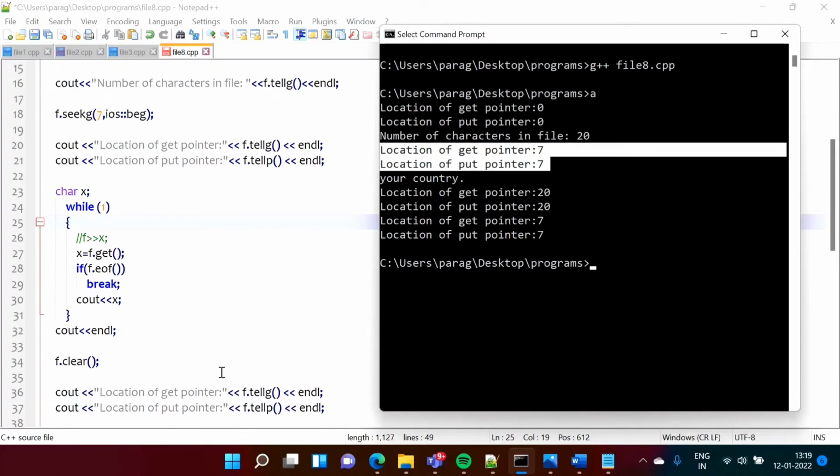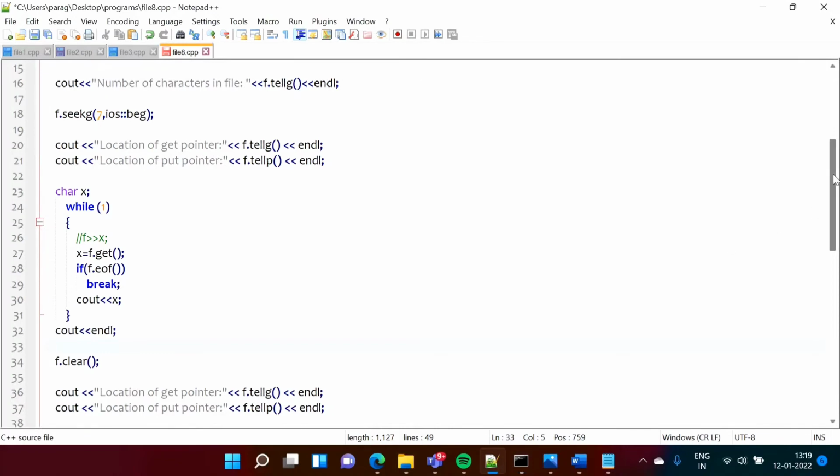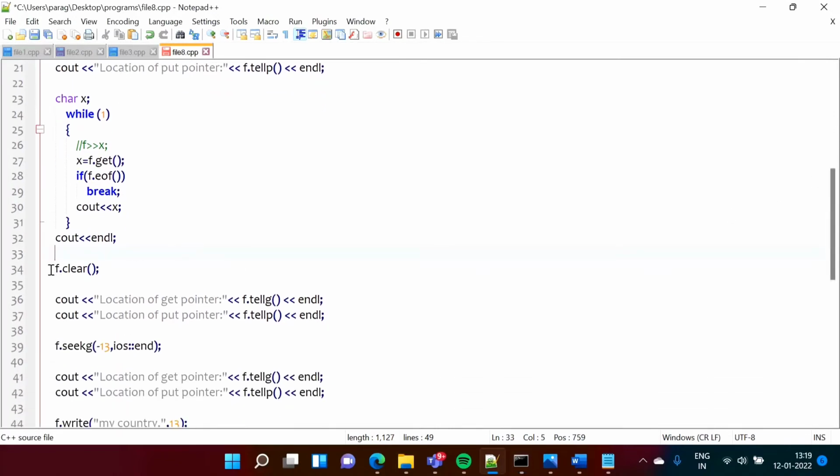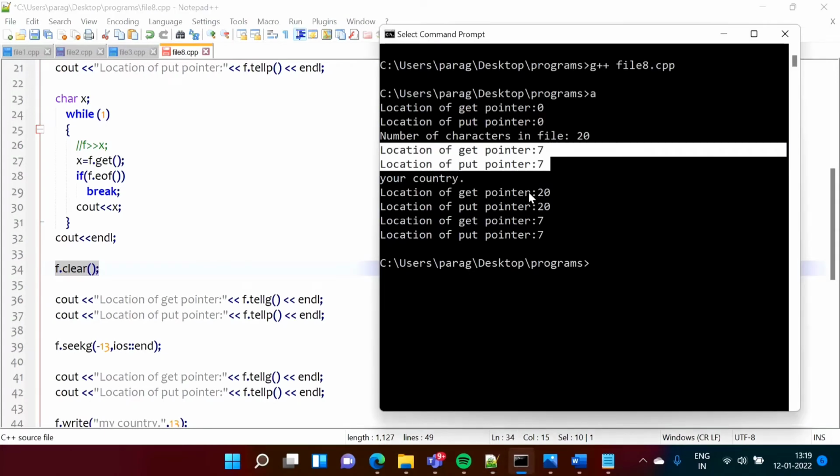So after that, to perform operations again, we need to call this clear function. See, it is very important. If we don't call it, everything will show -1, -1, -1, because after that we cannot perform any operation, as we have reached the end of the file. The end of file bit is set, and as the bit is set, we cannot perform any operations.